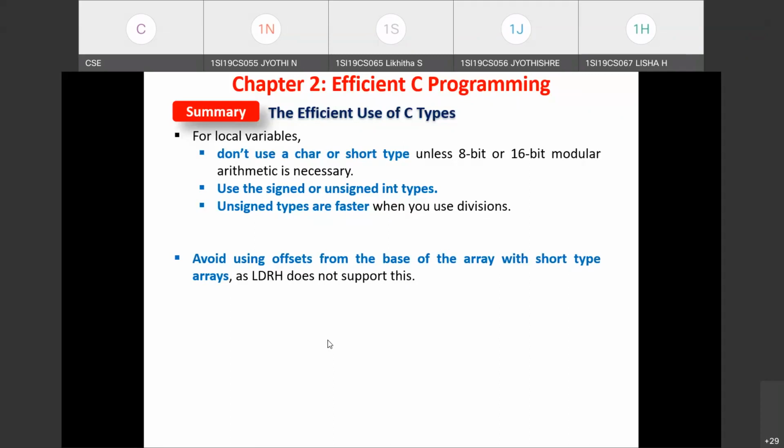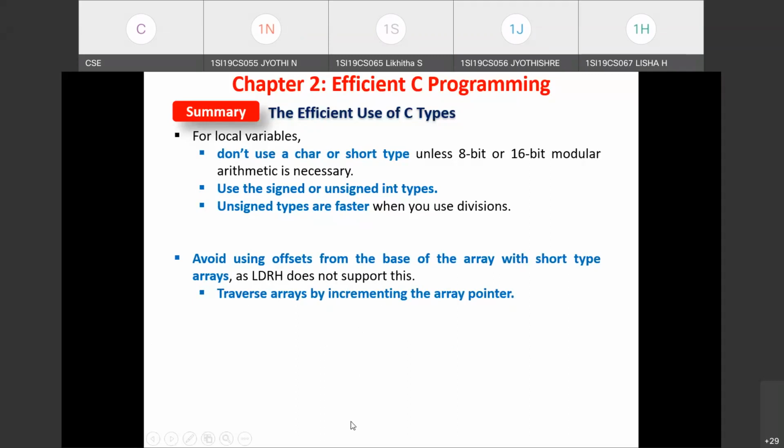So an additional instruction has been inserted by the compiler for this operation. That's why, instead of the indexing method for accessing the array element, it is better to traverse the array by incrementing the array pointer. This won't cost an extra instruction. Okay, this is the point you need to remember with respect to short type arrays.